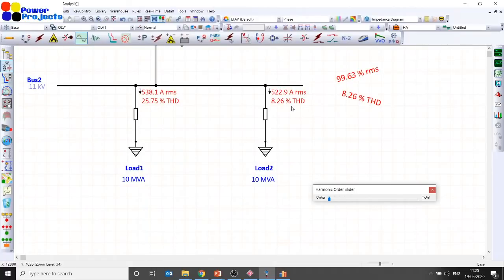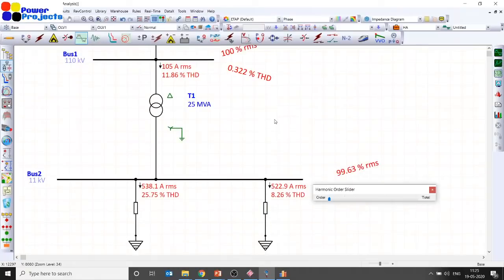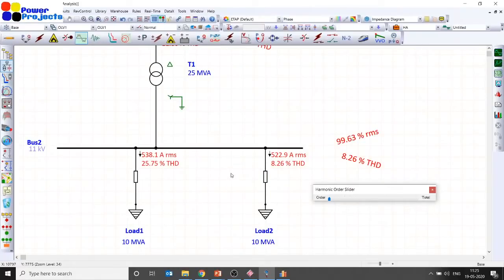So you need to understand the fact that even if your industry doesn't have any nonlinear loads, if the supplied voltage is not purely sinusoidal, then you will have a harmonic current. So that's probably the message which we need to really take into account. That gives you an approximate idea of its impact.